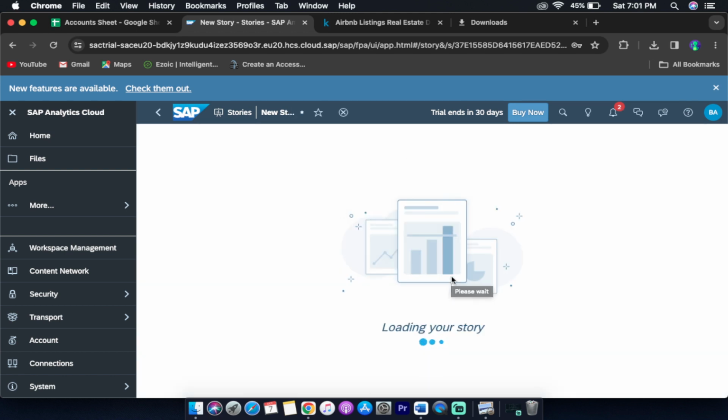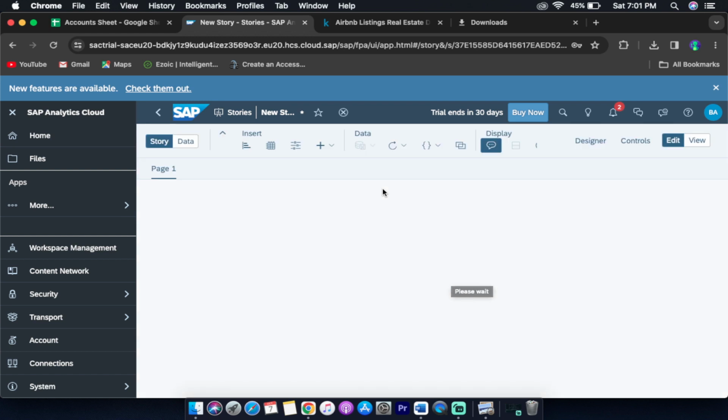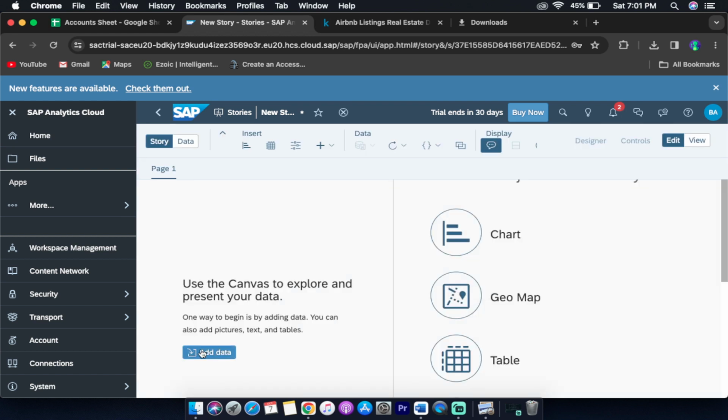It's loading. First of all, I will link my data set and then save my story so I can work later on in this story. So always have a valuable name that you can remember. So here I will add data,